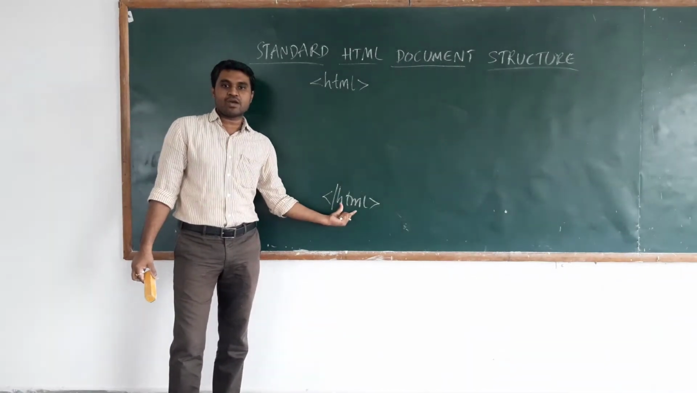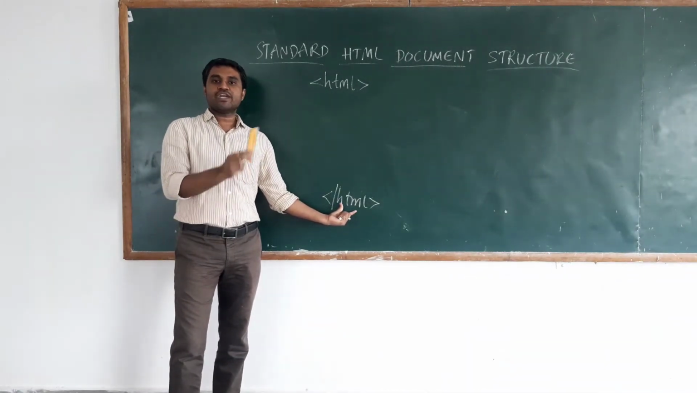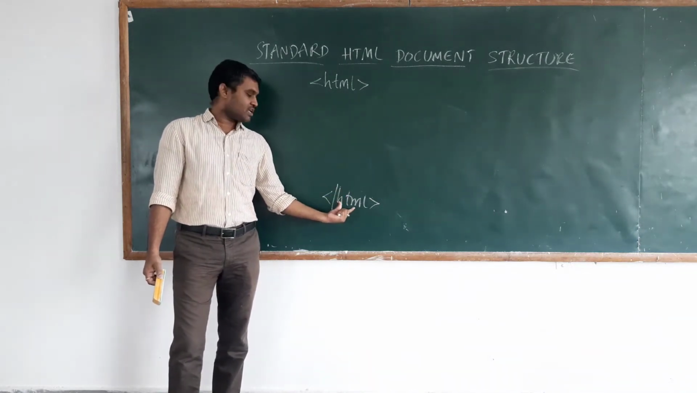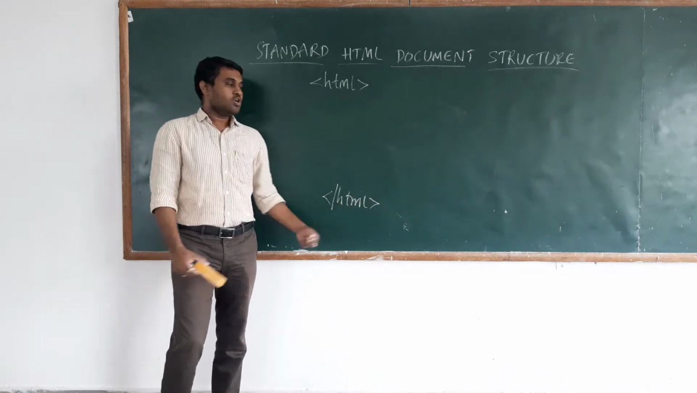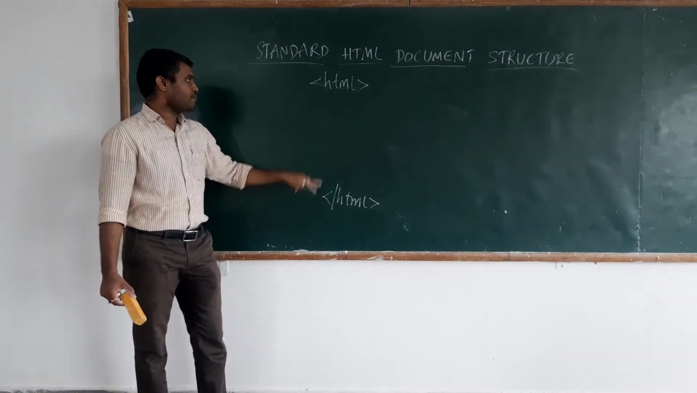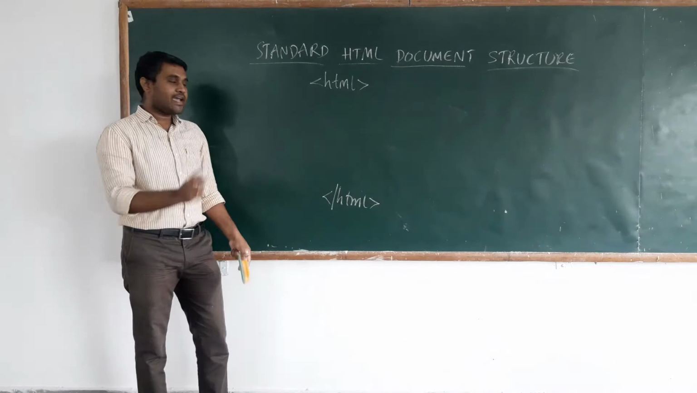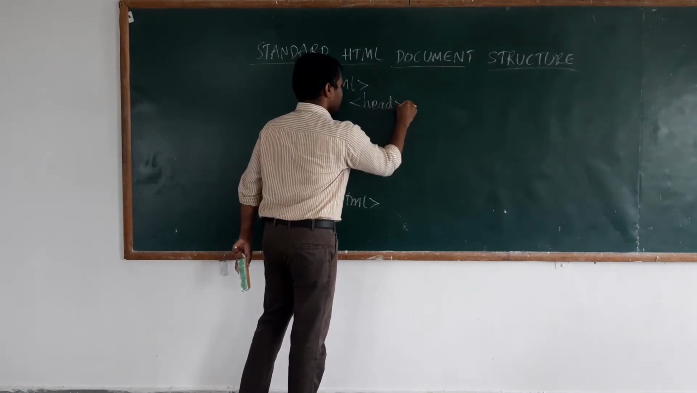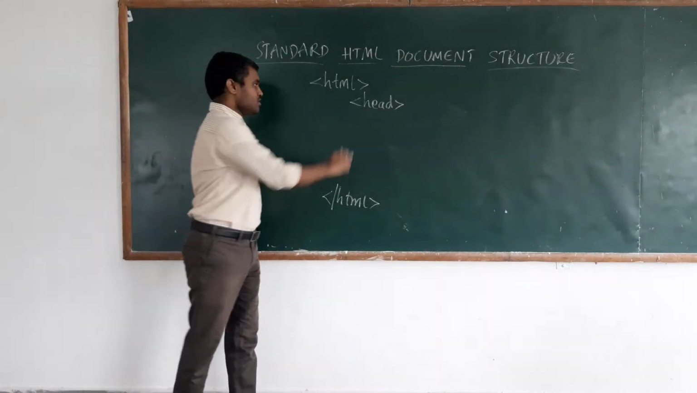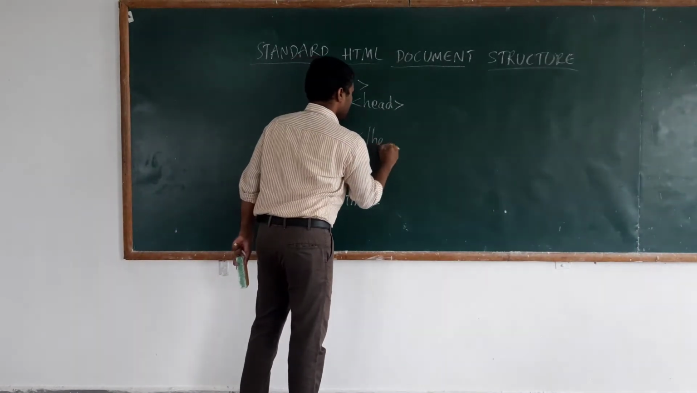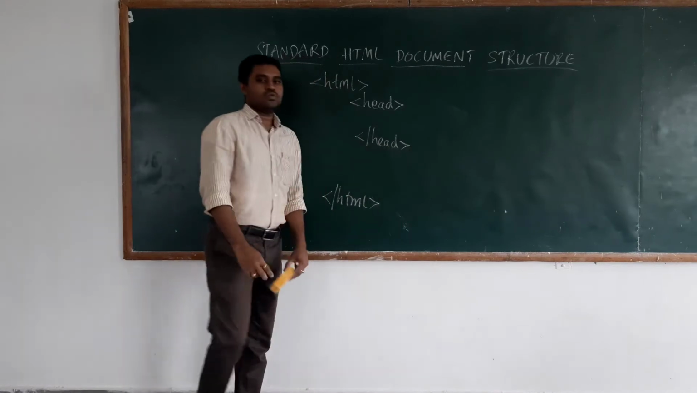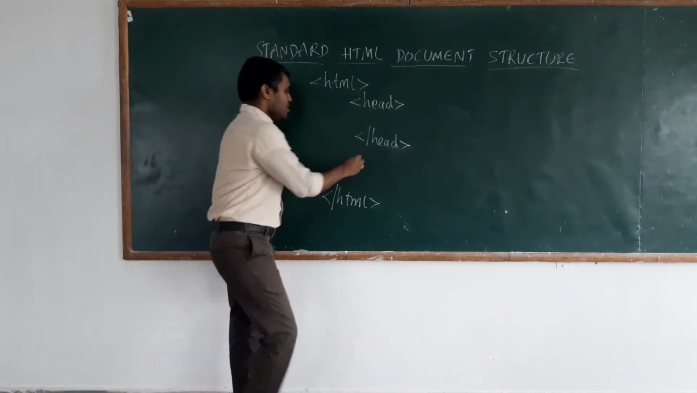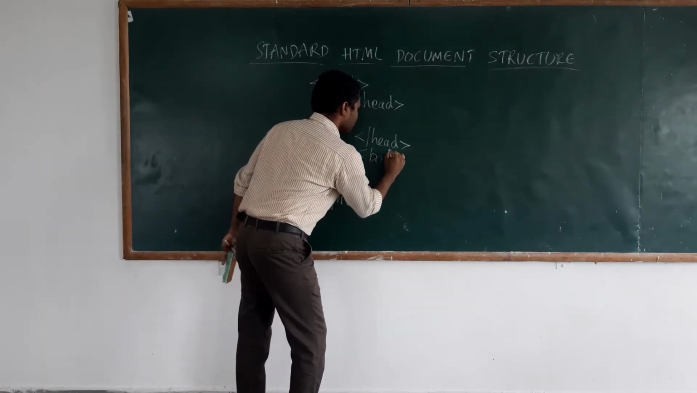So /HTML is a closing tag which indicates to the web browser that this is the ending of the HTML document. This HTML structure again consists of two sections. The first section is the header section, which is defined by using the head tag. This is the opening tag and this is the closing tag. So an HTML structure contains two parts: the header section and the next section is